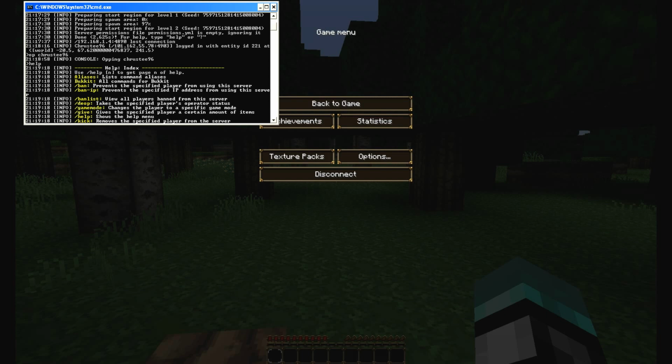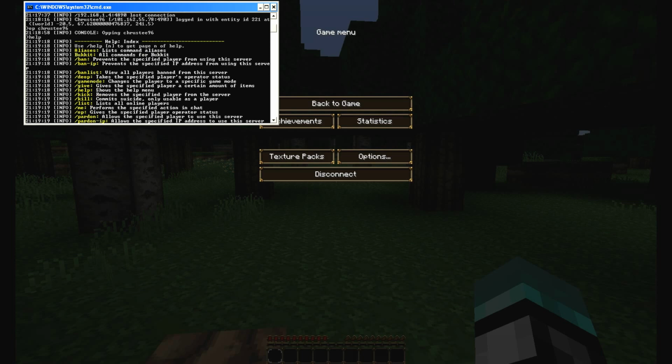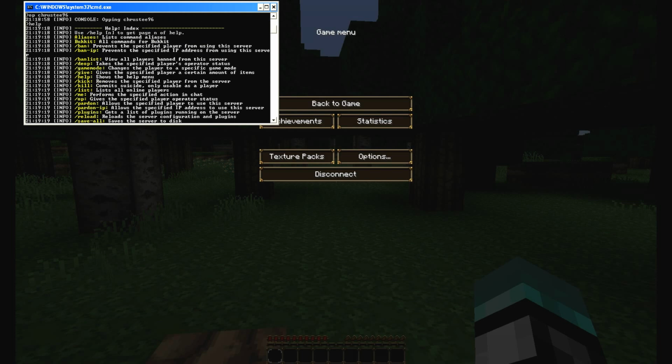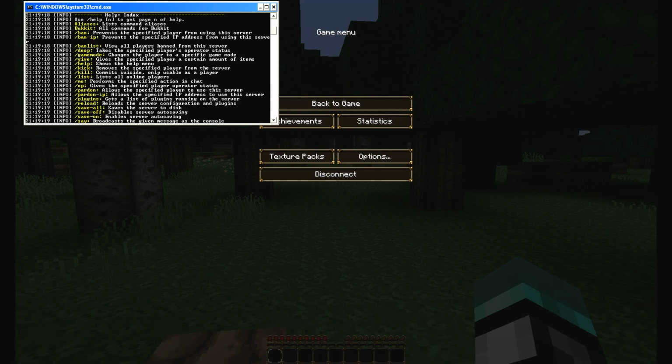Ban IP is if they were to make another Minecraft account, they wouldn't even be able to log in with that one. Ban list is view all players banned. It's got all the descriptions there. It's really simple. And yep, so main one is OP,